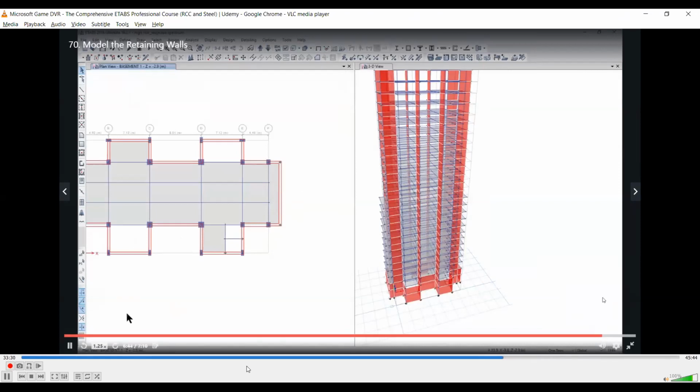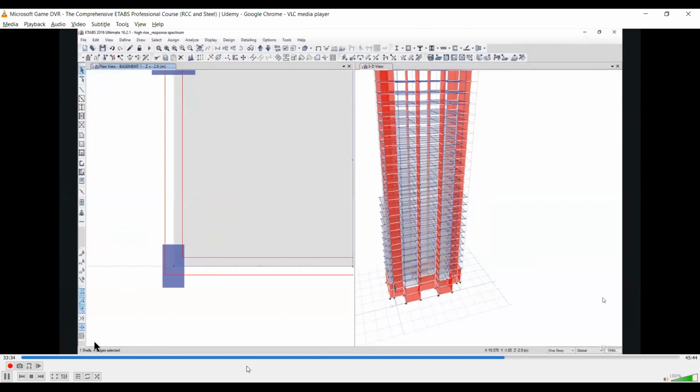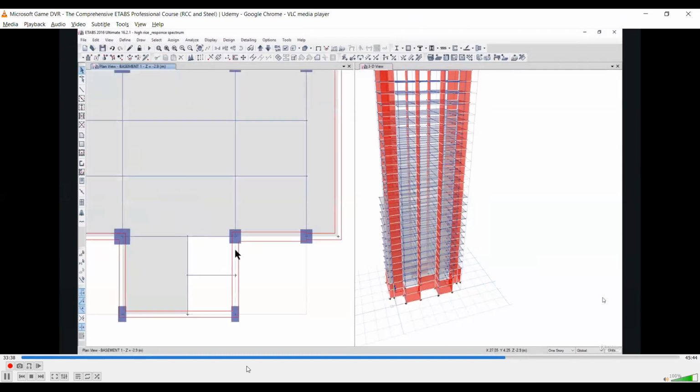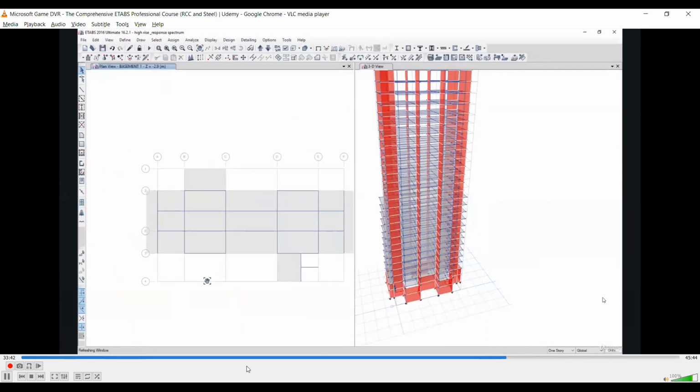Do take care that whenever you're selecting these beams, the frame should be visible here, not shells. For example, if I select a shell here, one shell 4 is selected. You can uncheck this shell by pressing escape on your keyboard. So now we have deleted all the peripheral beams that are coinciding with the retaining walls.